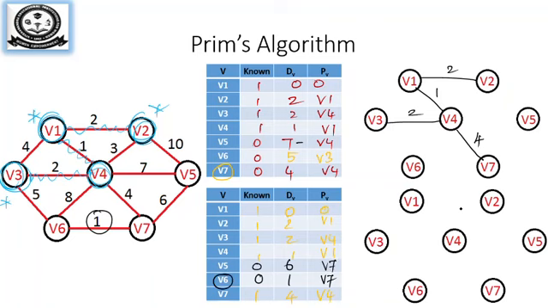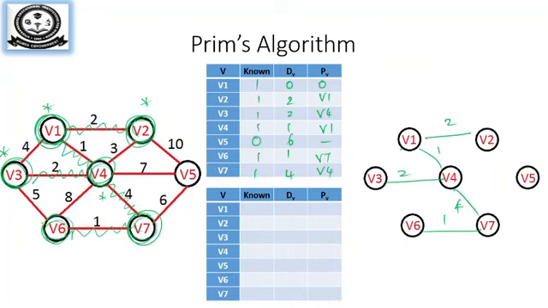So that will be marked as the next vertex. So let me update the diagram. So it is going to be 1, 2, 4 and this is 2. So the next vertex is 1. So I'm going to make V6 the next vertex to be visited. So the next vertex is V6.